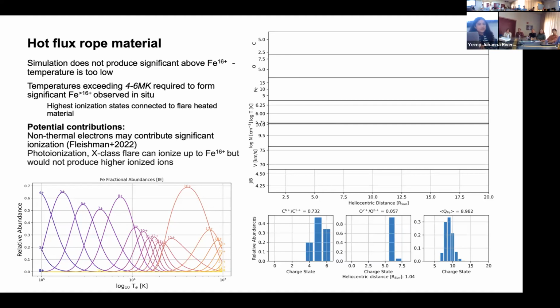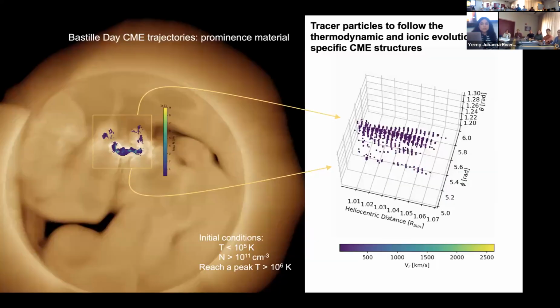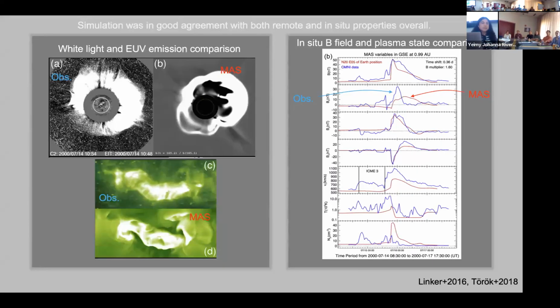And so we're saying this is something that needs to be included in future models, because we're not able to reproduce the charge states. We can reproduce the morphology, as I showed before, and maybe some of the bulk properties really well, but you're not capturing all the details that come from everything reflected in the charge states. Because these are really nice, right? They look like they're capturing the evolution quite nicely. But the details in the actual heating itself are embedded in the charge state, and it's not doing a very good job.